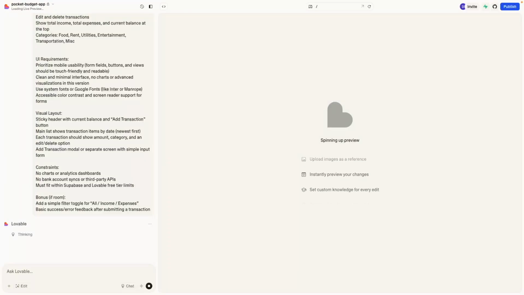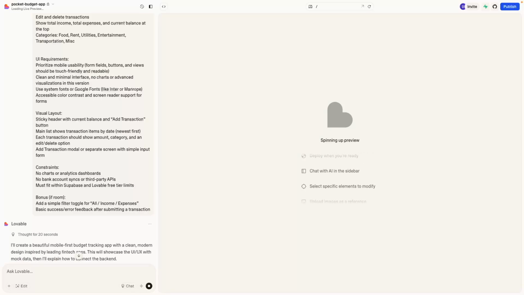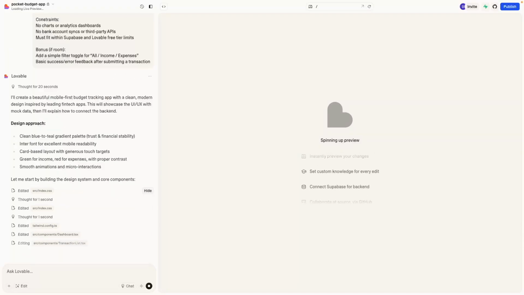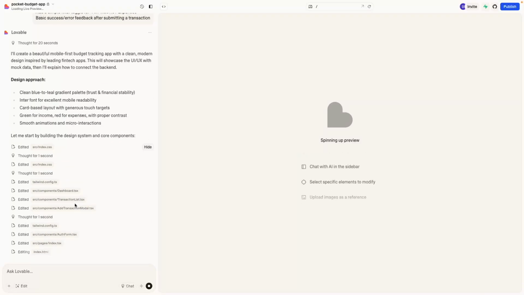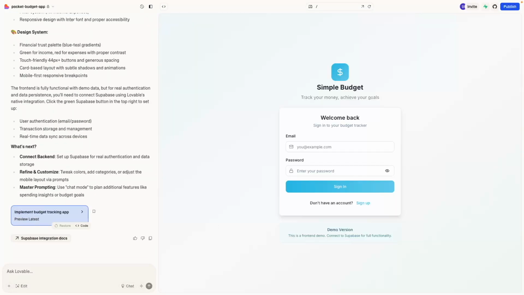Now, we'll have to wait around 2 minutes for this first pass, so I'll be right back while Lovable builds our prototype. And welcome back. You can see here Lovable's done building our initial prototype. I was just reading on the left-hand side there in the prompt panel a little bit about what it built